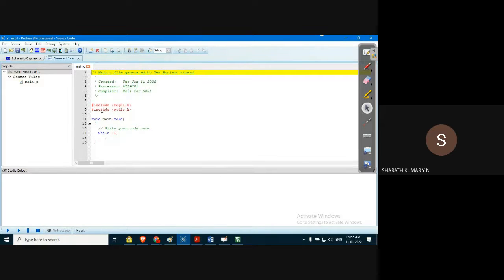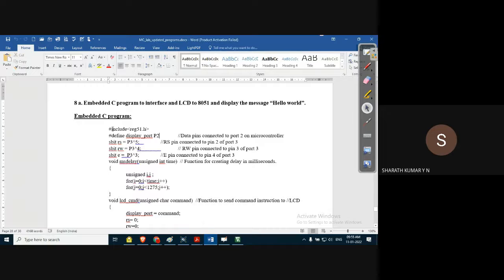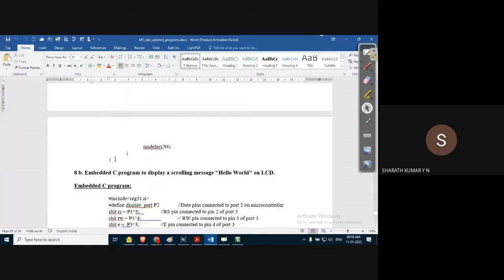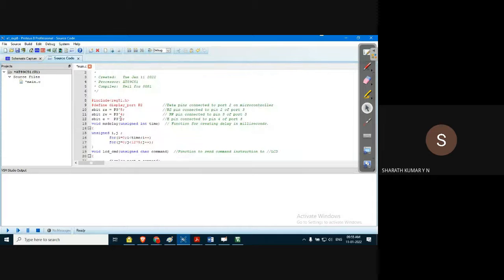It shows like this. Here you can paste the program, or you can type the program here. Let me pick one and create a program. I think you have done both programs, no problem. So you can paste the program here. Your program is now ready. On the left hand side in the project window, you can see that the file is called main.c. After writing the program, of course you can rename this, no doubt.